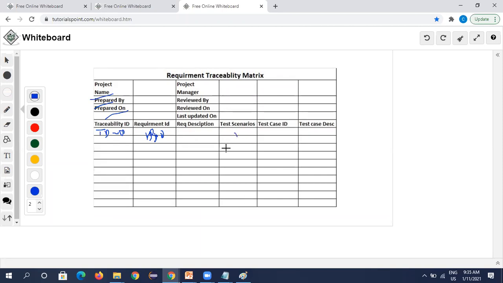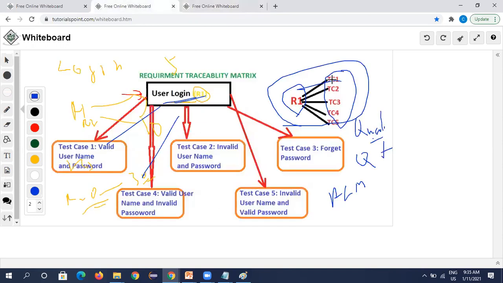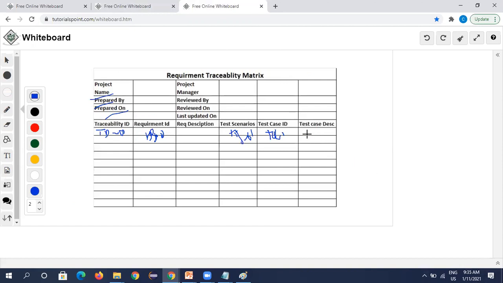Test scenario means we don't write the description of all the test scenarios. Test scenario ID TS01, test case ID TC1, like that. So TC1 means each test case will be mapped here, and we write the test case description here. So this is a requirement traceability matrix.